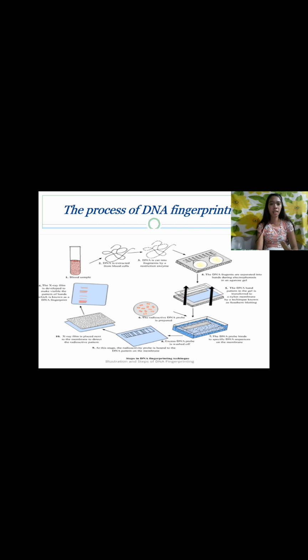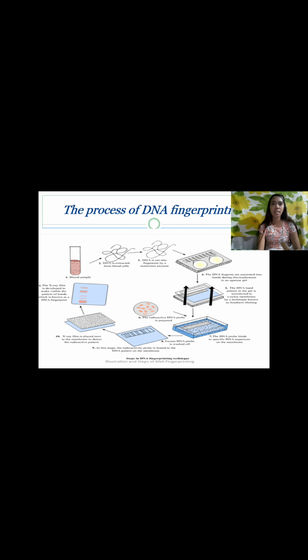Let's proceed to the process of DNA fingerprinting. The first one is, for example, the blood sample. The next process is that DNA is extracted from blood cells. The third one is that DNA is cut into fragments by a restriction enzyme. Next, DNA fragments are separated into bands during electrophoresis in an agarose gel. The fifth process is that the DNA band pattern in the gel is transferred to a nylon membrane by a technique